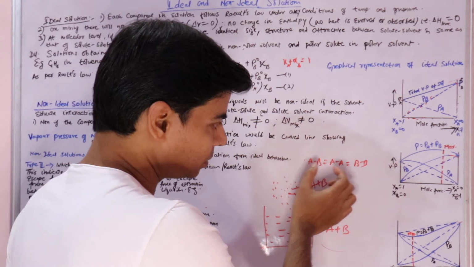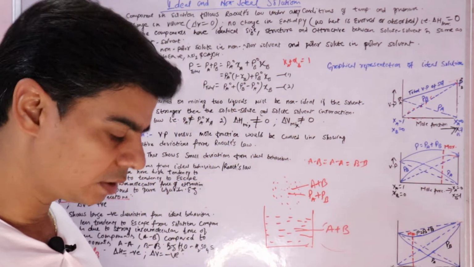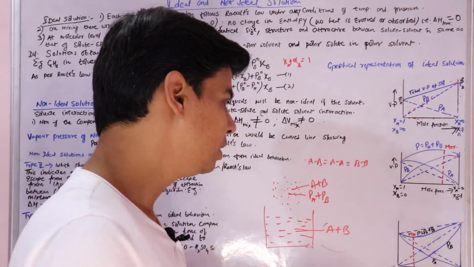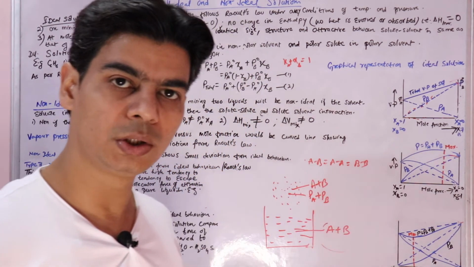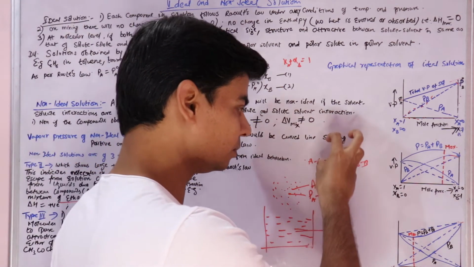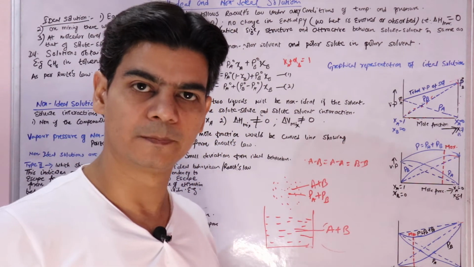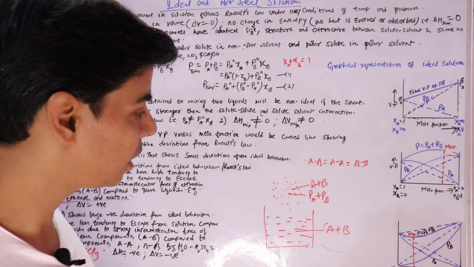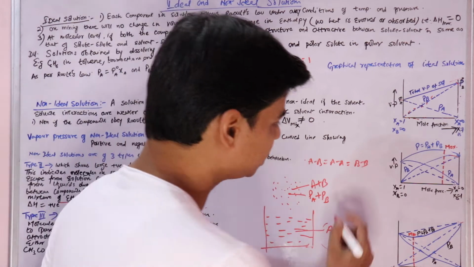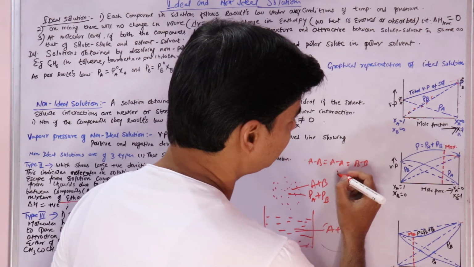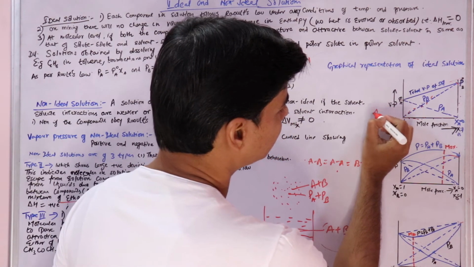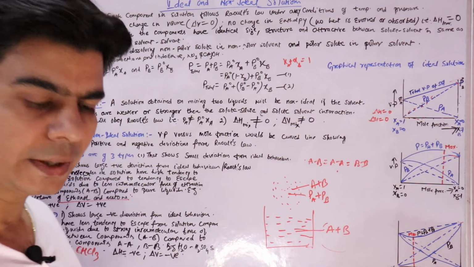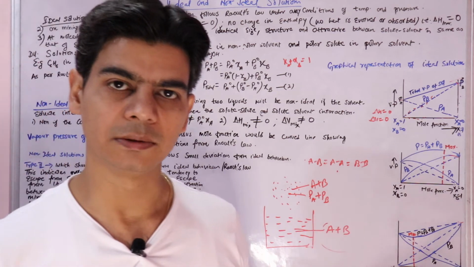So since all the interactions, that is intermolecular forces of attraction between solute and solvent in the solution, are equal to the intermolecular forces of attraction between the two liquids that are there in the solution, right? So these are our ideal solutions. And for ideal solutions, we have delta H equals 0 and delta V equals 0. Delta H means change in energy,